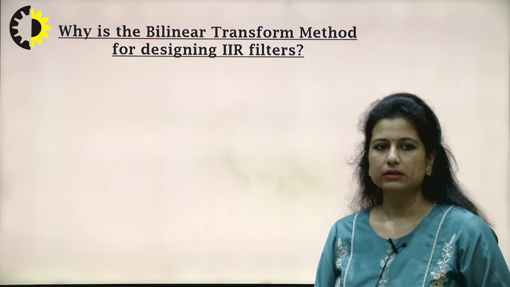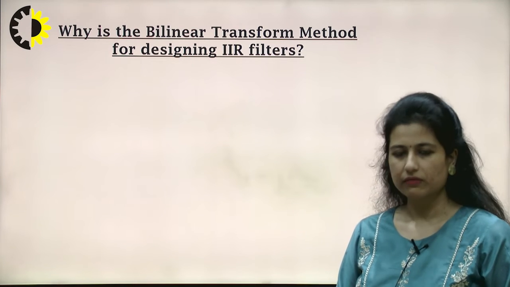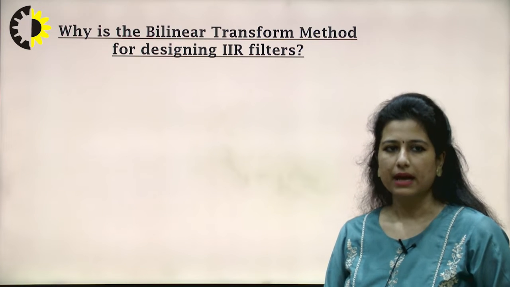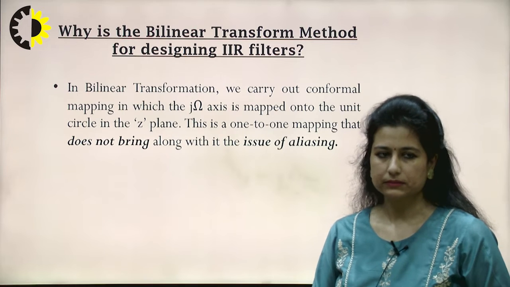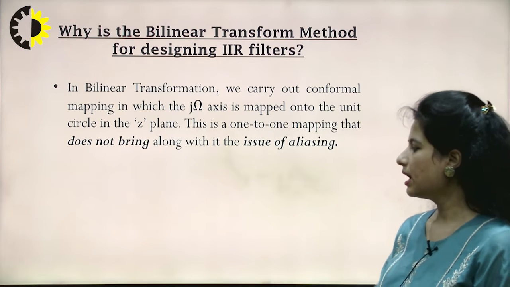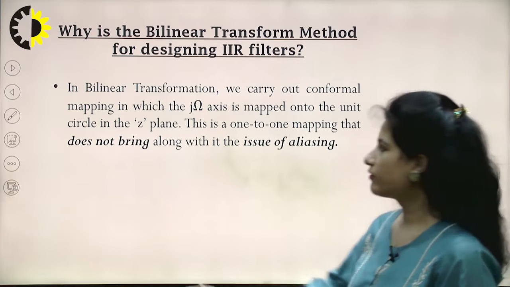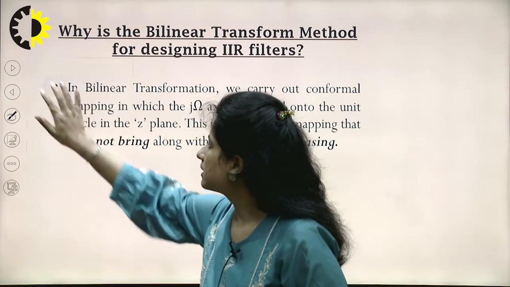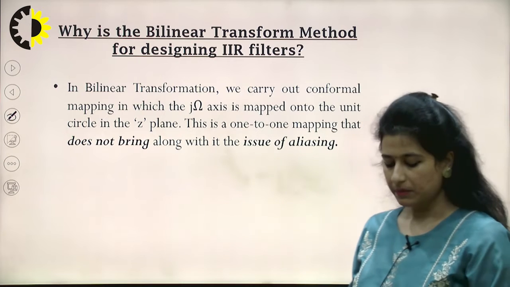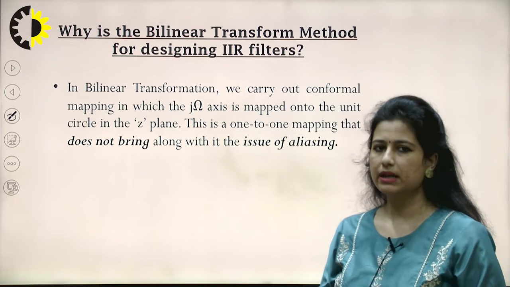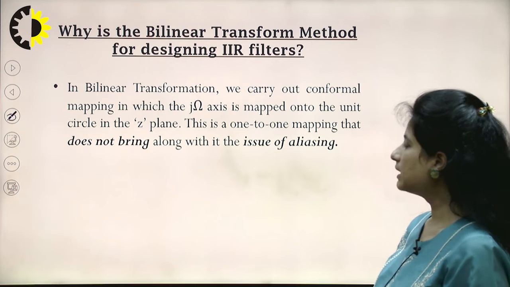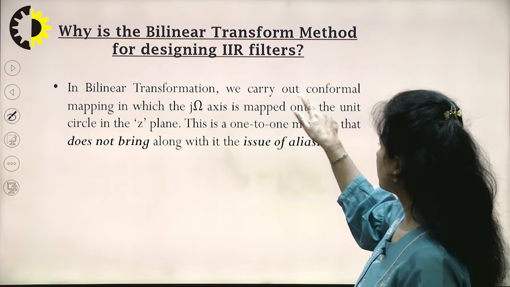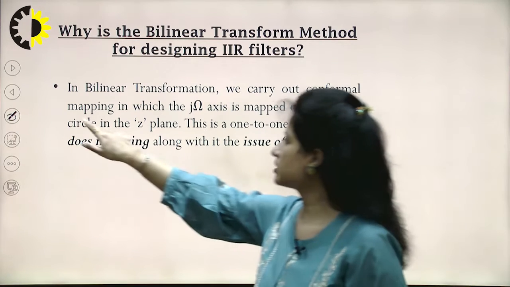So we'll try to remove that particular limitation of impulse invariant transformation using this method, which is called bilinear transformation. Here in this transformation we'll try to carry out the conformal mapping. That means whenever we are moving from one domain to another domain, we'll be preserving the phase and the angles, but there may be slight variation in the length of the values of that particular graph. So this is a mapping which is conformal.